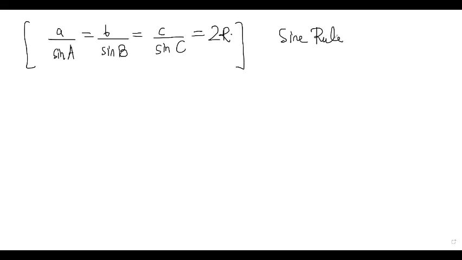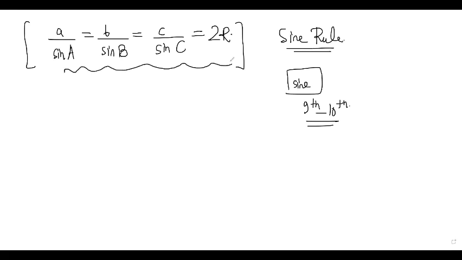This is the sine rule. Now, obviously, some people here might have an issue with this because they might not know what sine is, right? If you don't know what sine means, you need to do your 9th and 10th standard maths. 9th and 10th standard has trigonometry in all boards. You need to just look at that right angle triangle, sine theta, cos theta, tan theta, and what the definitions are. But for this class, we need to assume certain things. So this is your sine rule we have just now proved by geometry.